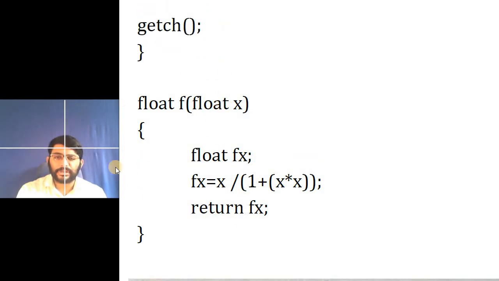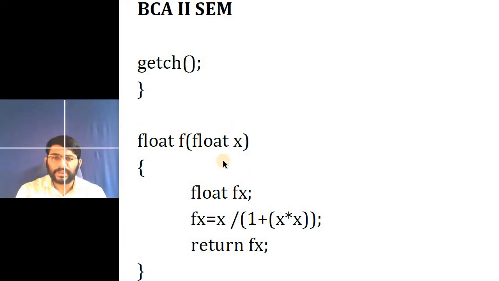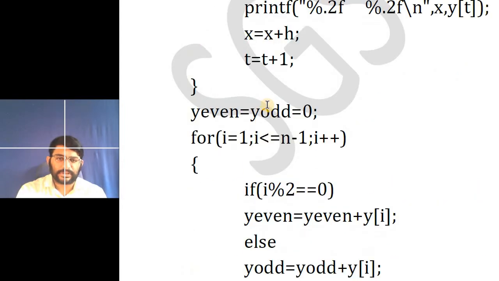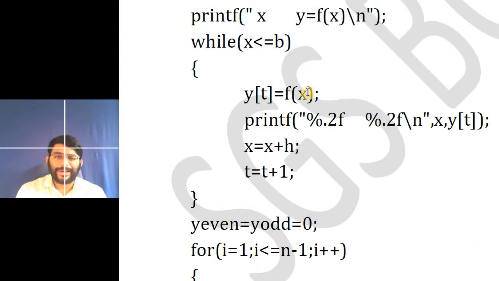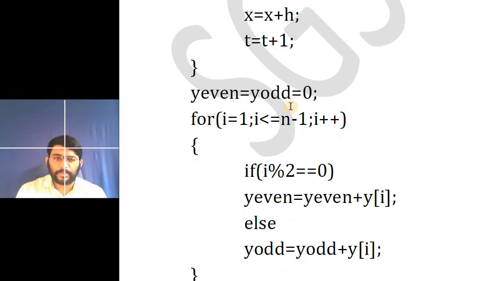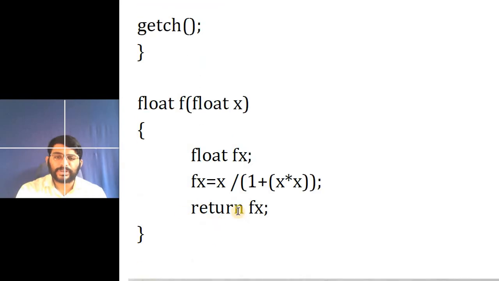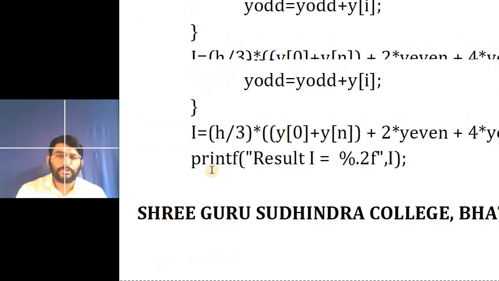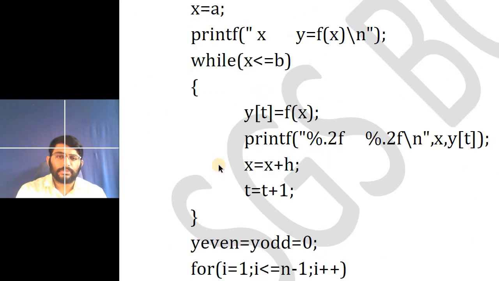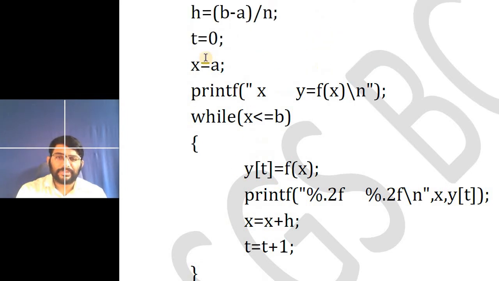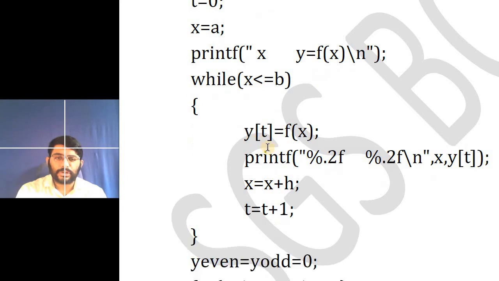See, this is the function, a sub part which executes repeatedly, and for this the calling function is this. Here we have called f of x, so the control jumps from here to here. It calculates, the f of x value is generated, and using the return statement we have returned the value back. Now the new value is stored in y of t. Now what is the t value? T value is initially 0, so y is 0.